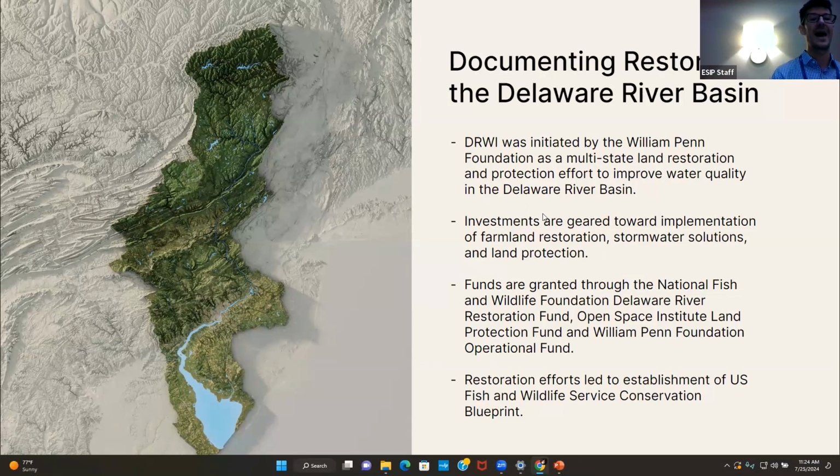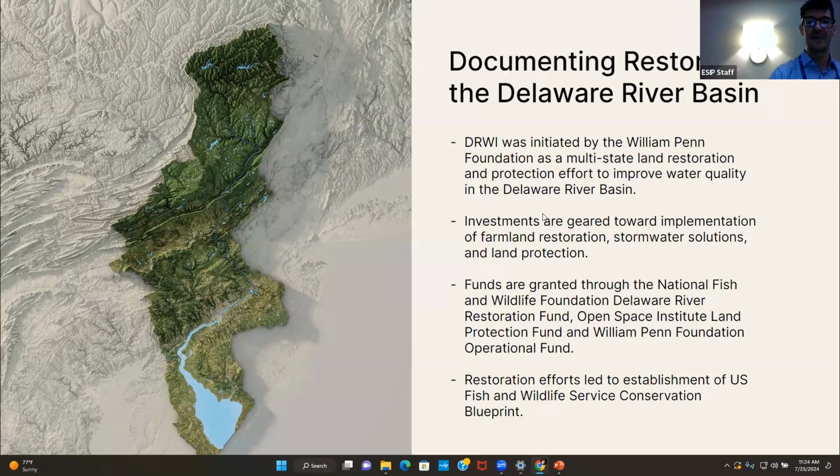Those funds were then mobilized through a massive network of local conservation professionals: county conservation district offices, small watershed organizations, and state government. What's really unique about this process is that this was not a federally or state mandated effort, right? It was one private effort that did not correspond to regulatory requirements of the TMDL, which is pretty exciting.